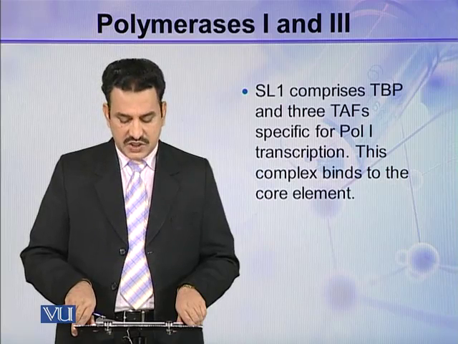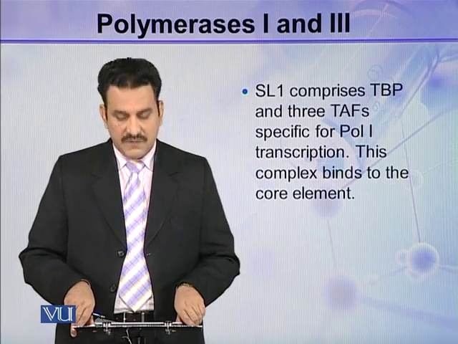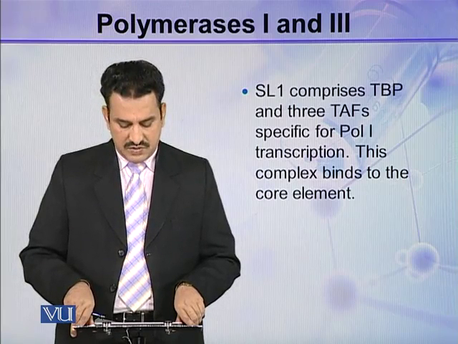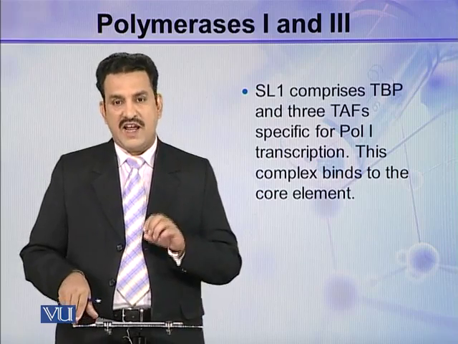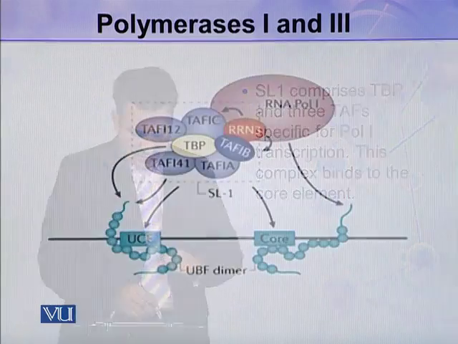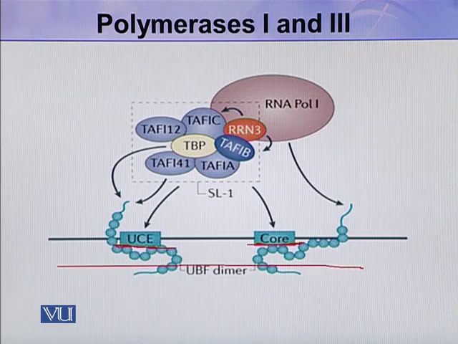SL1 comprises TBP and 3 TAFs specific for polymerase 1 transcription. This complex binds to the core element in the promoter. So here you can see this is the core element and this one is UCE. This is the promoter, and here it is RNA polymerase 1, and this whole is